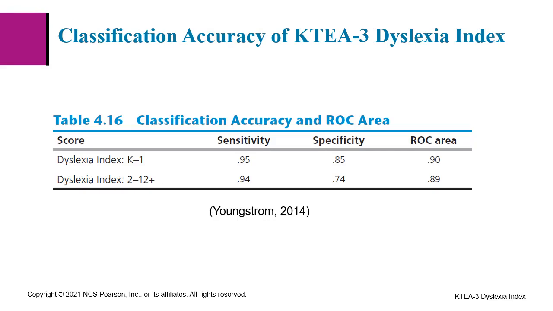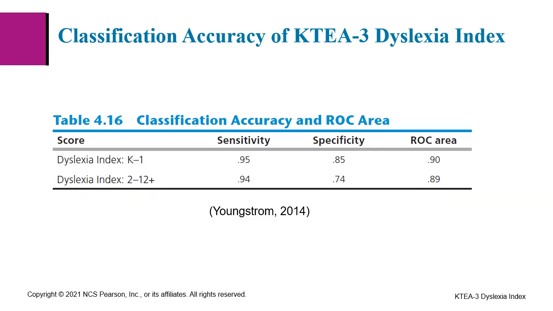The industry standard criterion for evaluating the quality of a screening measure is the area under the curve estimate, or the AUC estimate. This is the area under the receiver operating characteristic curve, the ROC curve. AUC estimates range from 0.50 chance accuracy to 1.0 perfect accuracy. Traditional benchmarks suggest that values equal to or greater than 0.9 are excellent. Values equal to or greater than 0.8 are good. Values equal to or greater than 0.7 are fair, and values less than 0.7 are poor.